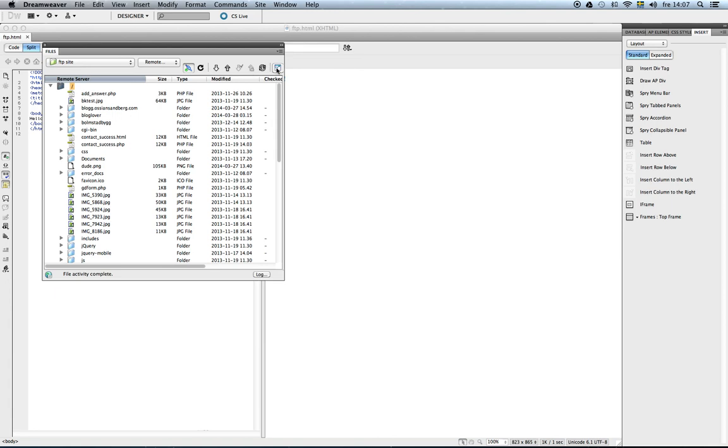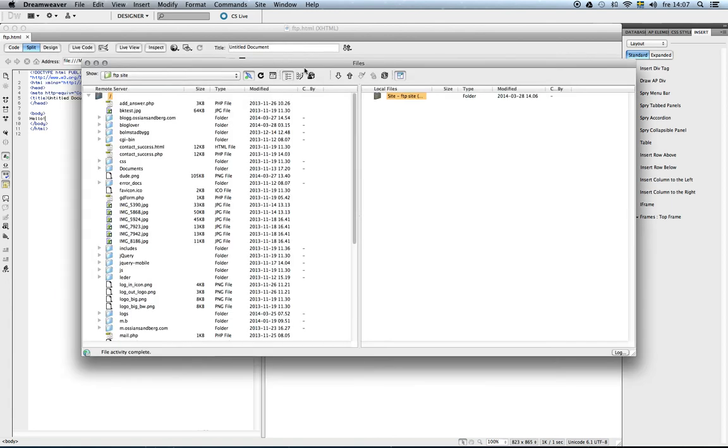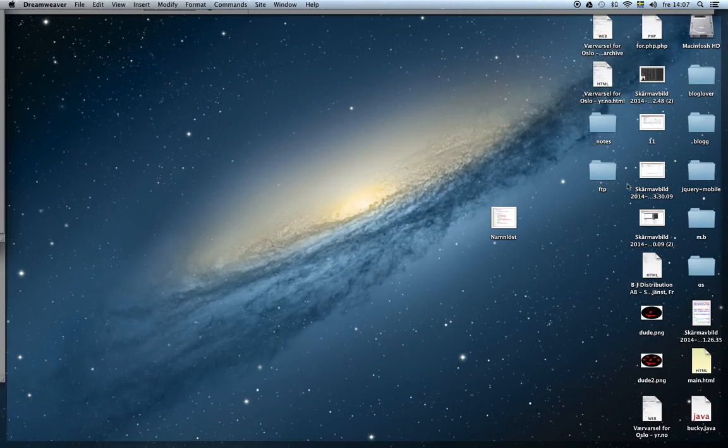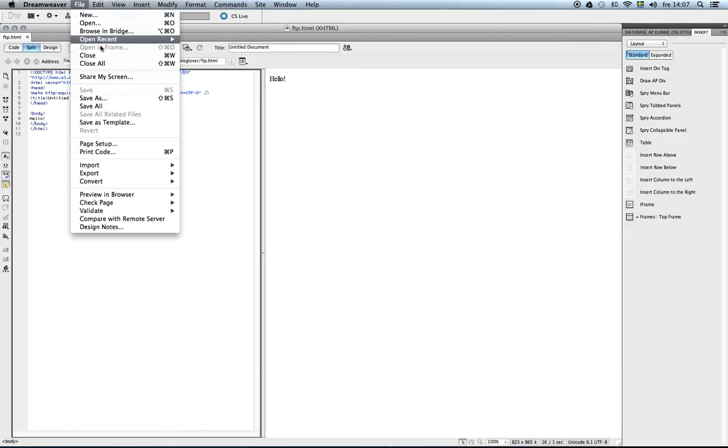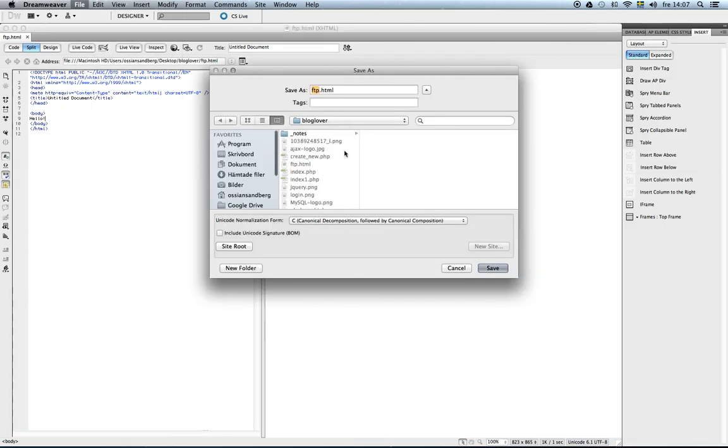So now we have a lot of files right here, and this is our site as local, you know. This is the folder we have on our computer. If you go to desktop, we have a folder here called FTP. So if we save our file to this folder at the desktop, to the FTP folder,